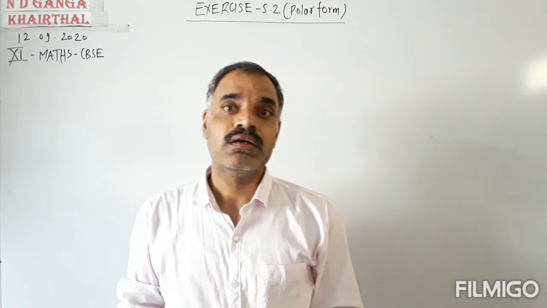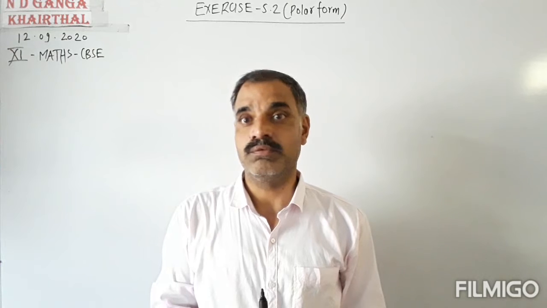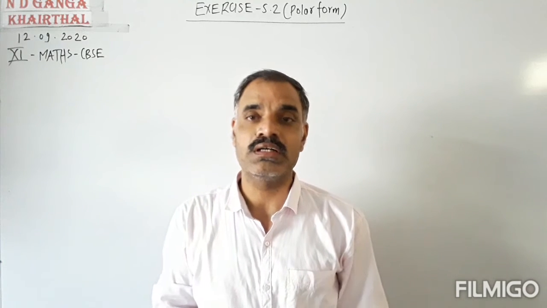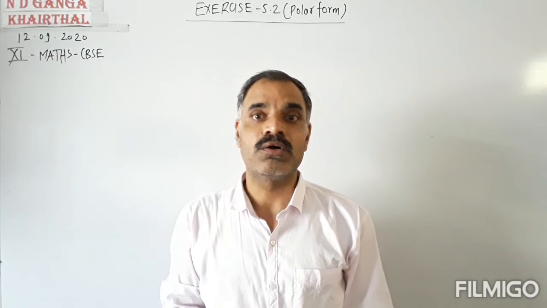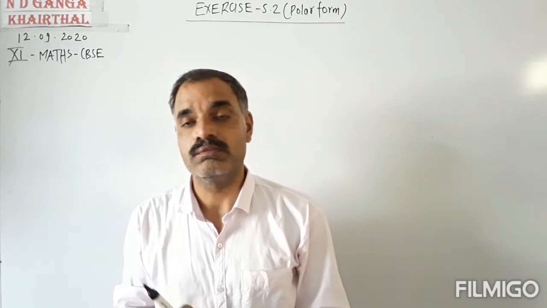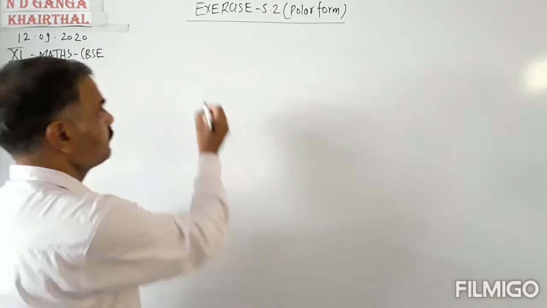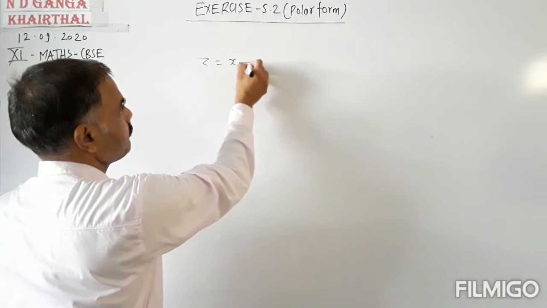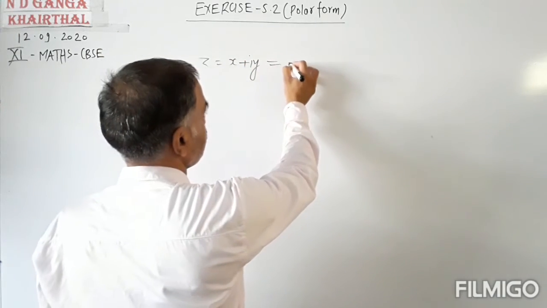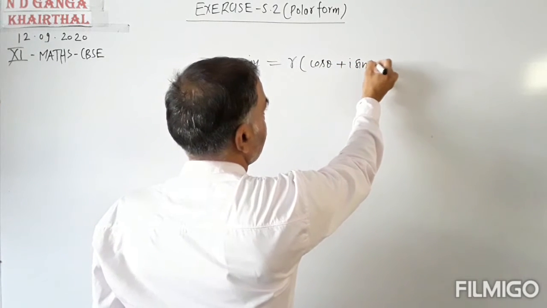After that we will find the polar form. Polar form is also known as trigonometrical form. So we will find the polar form or the trigonometrical form of the given complex number. The polar form of the complex number z, that is z equals x plus iota y, is r cos theta plus iota sin theta,